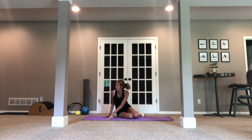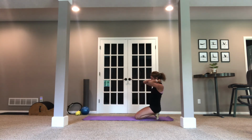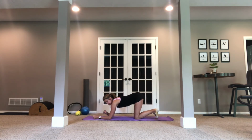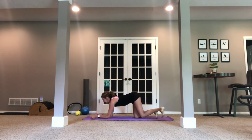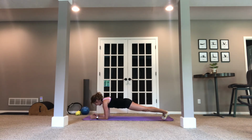Great. So in between that, let's do some elbow planks facing the front, and we'll do some knee taps with it. A little more core work, right? So again, when you're in these positions, try to keep your elbow under your shoulder, everything in a nice alignment so you don't cause any injuries. So hold this plank, and your legs are about hip width apart, and let's tap, tap. I'm going to do 10 sets for 4,